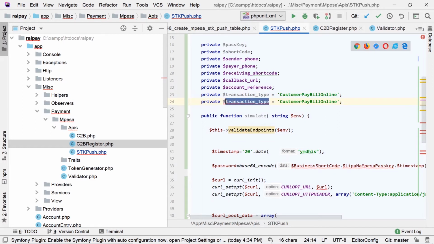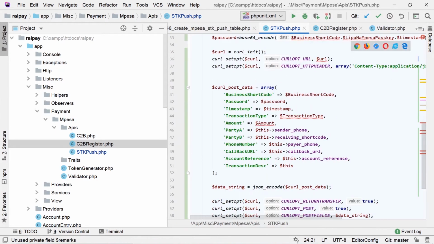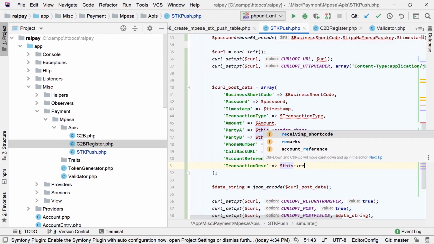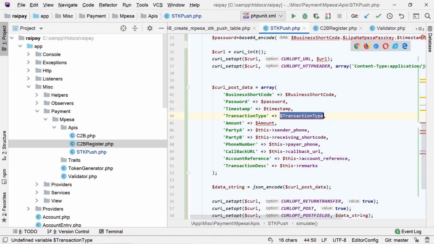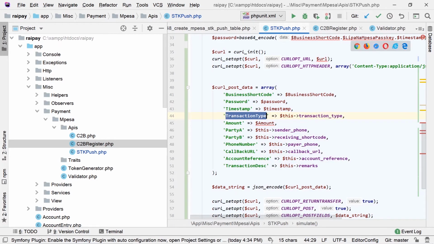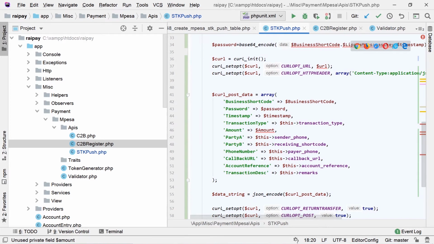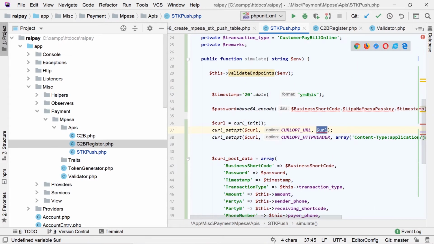We can call it remarks, and can leave it at that. Remarks, and then this transaction type, and then amount. We also need the amount, very important. Amount, same. And so the URL will be this